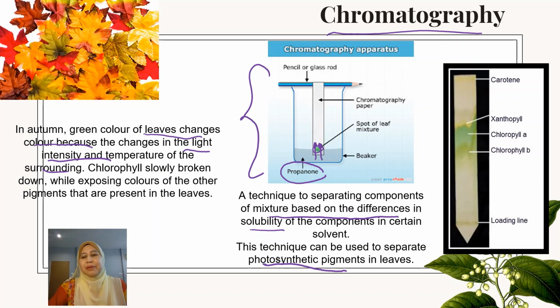So this is an example of the results. This is where we begin. You can see that the pigments are separating according to the different color. You have carotene on top, you have xanthophyll, which is a different color, you have chlorophyll A, and then you have chlorophyll B. You can do it in the lab, or you can also do it at home.